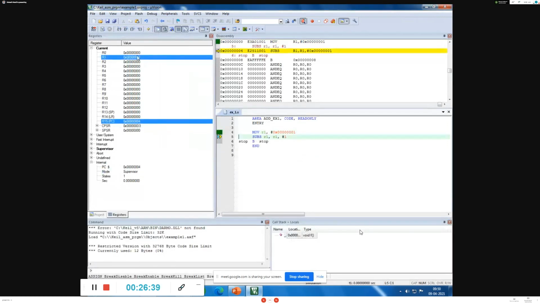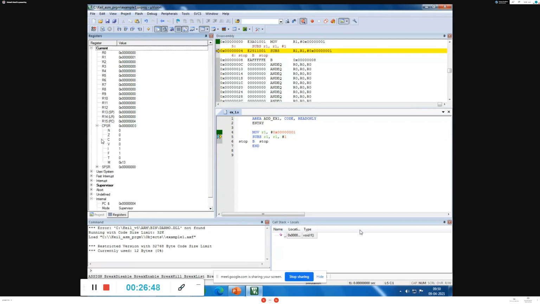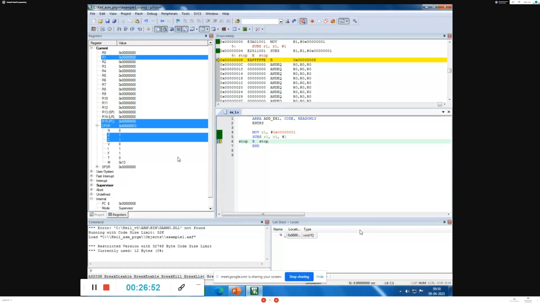Okay, now in R1 we got 1, and now it is supposed to subtract this value. Now go to this flag register, see here. Once after subtraction, I'm trying to see what the value of this is.